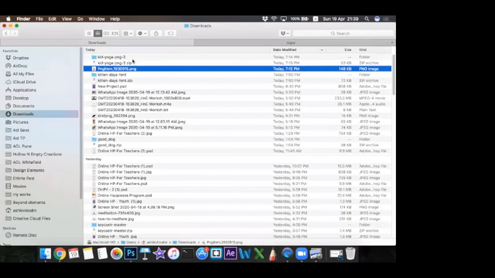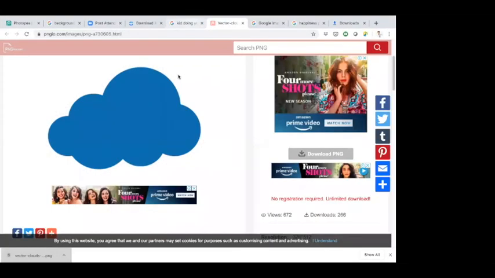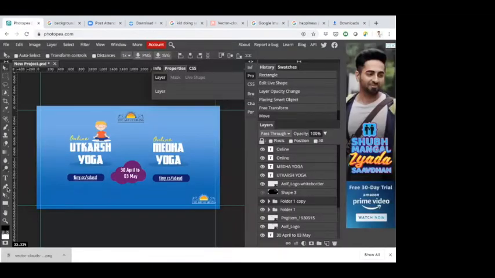This particular cloud and all should be available online. How to make a cloud is something a CorelDRAW illustrator or somebody with very much experience on Photoshop only can do. For that, there is this tool called the pen tool.